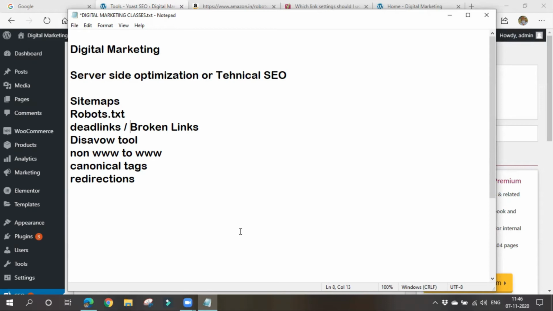If your website shows a 404 error or page not opening, you have to clear it. Your website might also have internal or external links to other sites. If your own website shows a 404 error, we can correct it. It might be a hosting issue or some other issue, we can correct it.